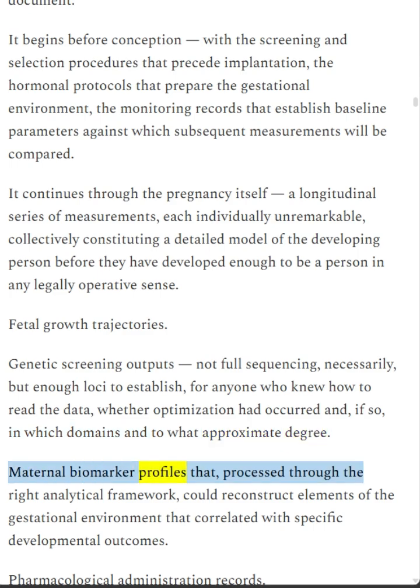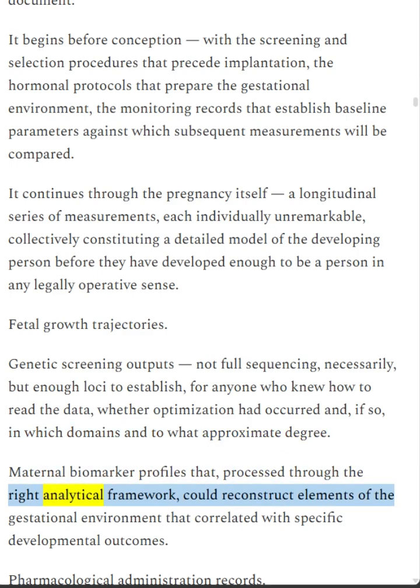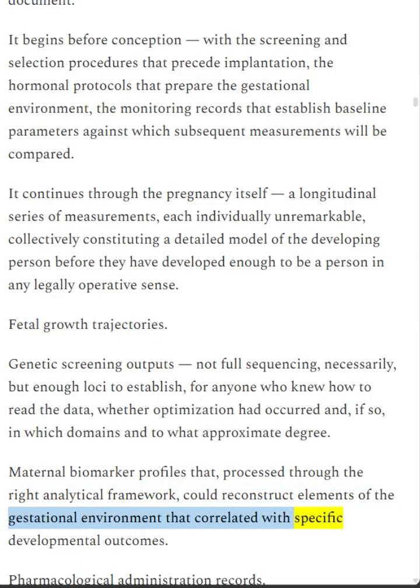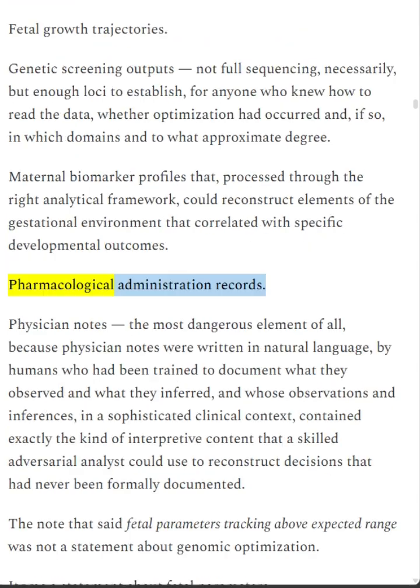Maternal biomarker profiles that, processed through the right analytical framework, could reconstruct elements of the gestational environment that correlated with specific developmental outcomes. Pharmacological administration records. Physician notes, the most dangerous element of all, because physician notes were written in natural language, by humans who had been trained to document what they observed and what they inferred, and whose observations and inferences, in a sophisticated clinical context, contained exactly the kind of interpretive content that a skilled adversarial analyst could use to reconstruct decisions that had